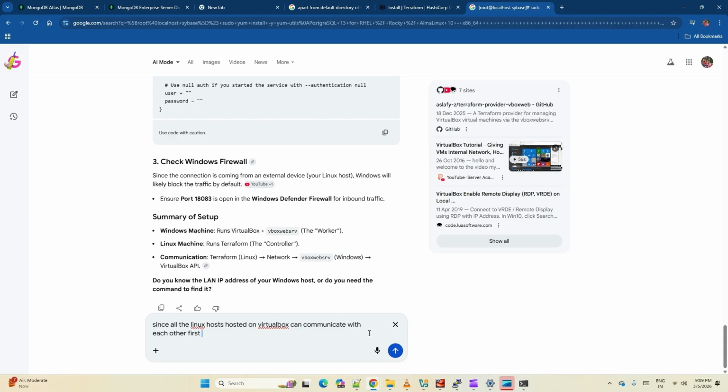First, the Linux host will be our primary Terraform and Ansible server. Do we still need to run